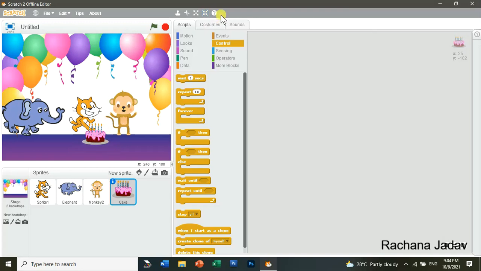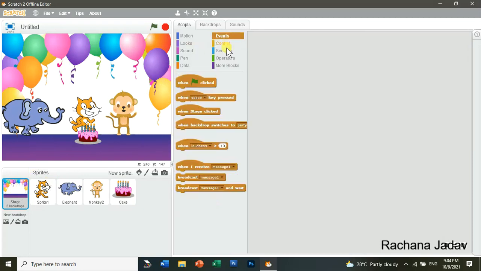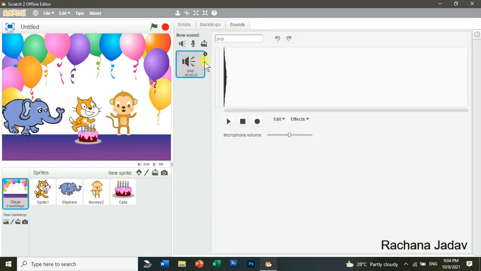Okay, so we have done the shrinking, and yes, now we will have the music for that, and we will also see that thing कि हाँ कैसे हम लोग करेंगे. First of all, हमें चाहिए कि हम लोग yes, we want to play the sound of birthday party, so we'll take the event over here. Now we will go for the sound, and in that sound we will do the selection. तो पहले sound ले लेते हैं यहाँ से.